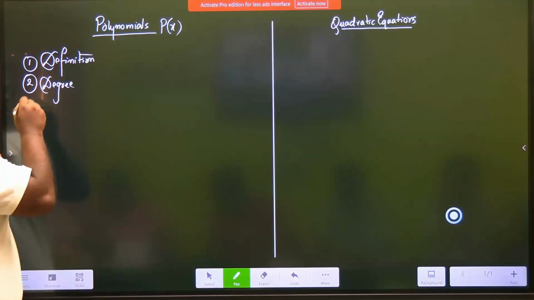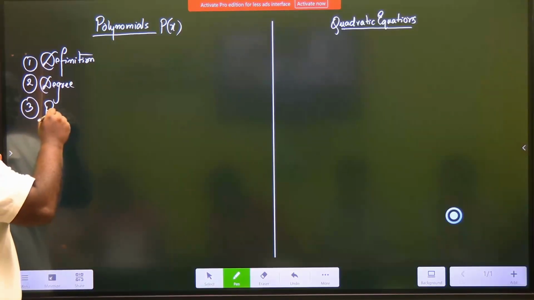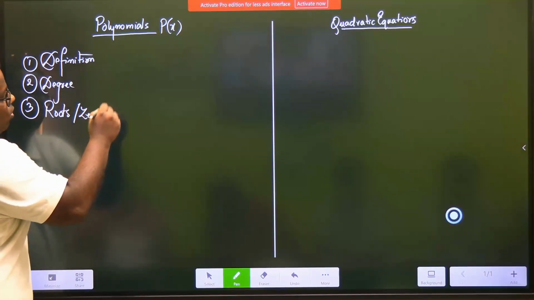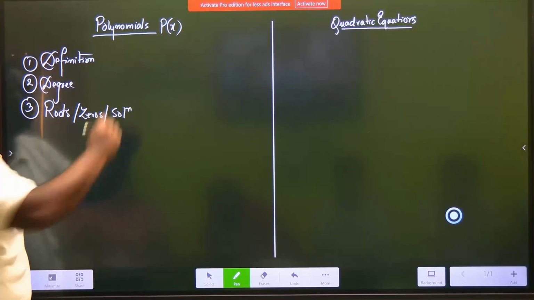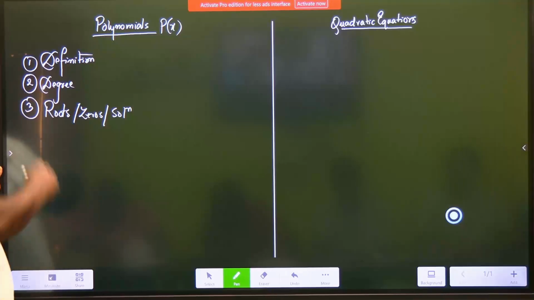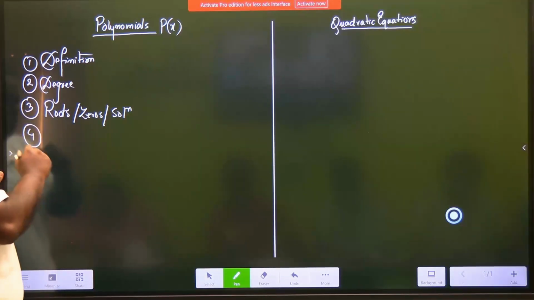Number 3, do you know the meaning of the words roots, zeros, or solution? They mean the same: that value of the variable at which the polynomial becomes 0. Very good. Okay. 4, we should also know